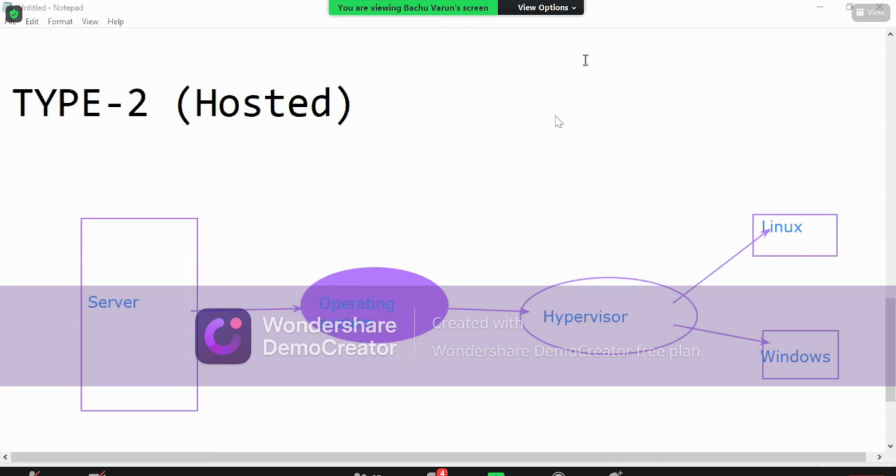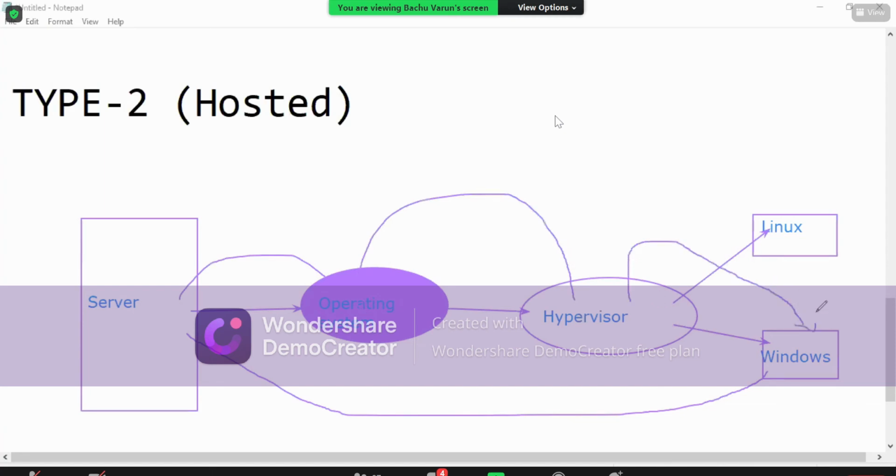So what happens in this situation? Within the company we are using the same thing, right? Let us see what happens here. Whenever you send a request to configure something, the request will not directly jump back to the source. The request will go to hardware. From hardware it will go to the operating system, from the operating system it will go to the hypervisor, and from the hypervisor it will reach the destination.